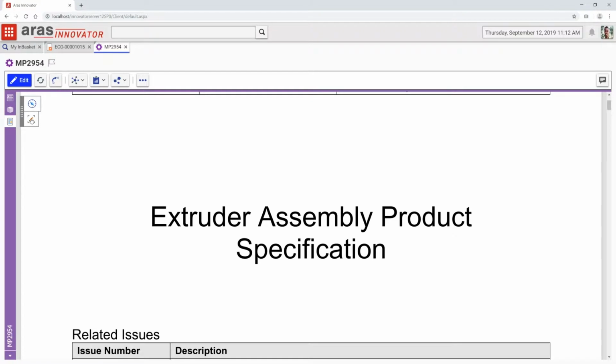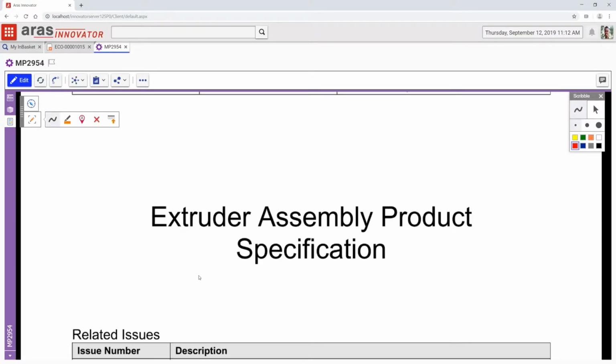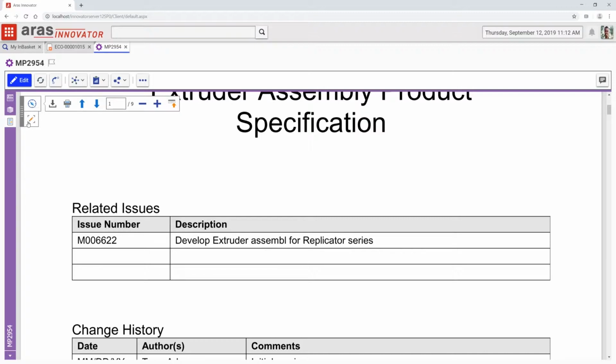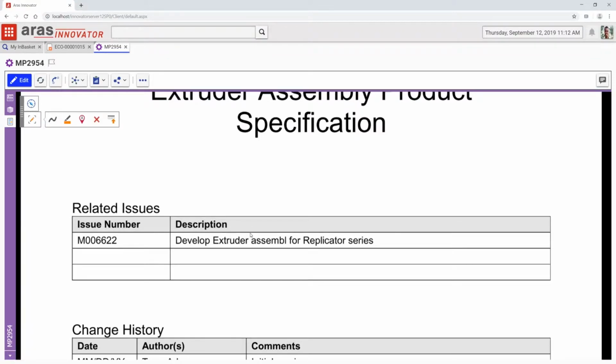I have simple tools. If I want to mark this up, perhaps there's a typo here I run across, I want to highlight that to somebody, put a red line on it, I can certainly do that. And I can also collaborate with others. So what we've looked at here is accessing, reading the information for my own purposes. I can search through the document as well.